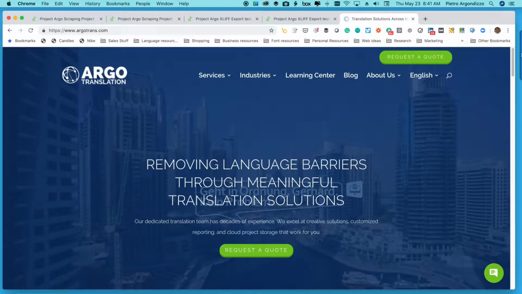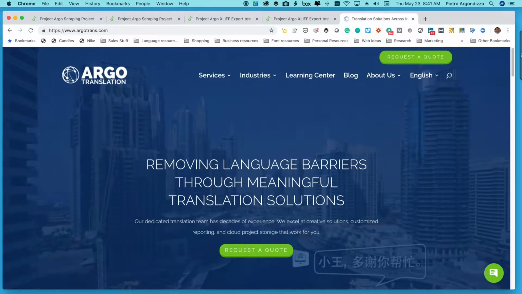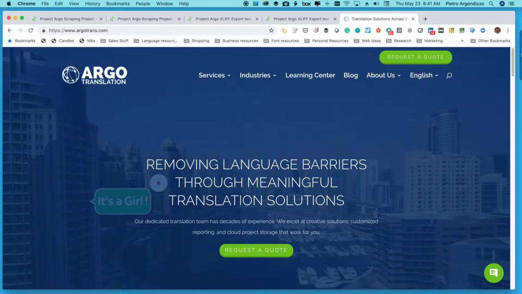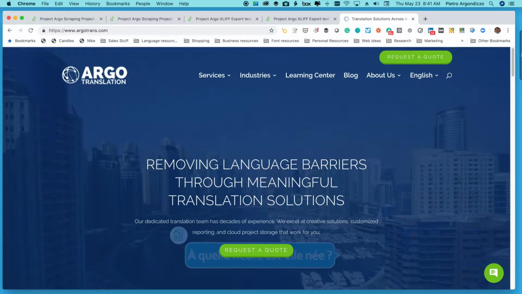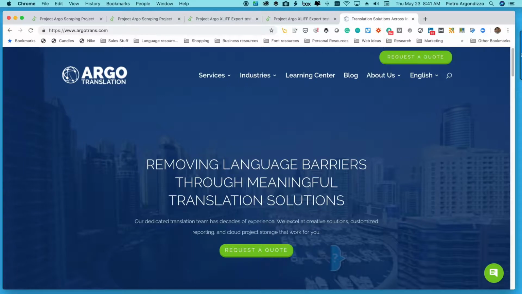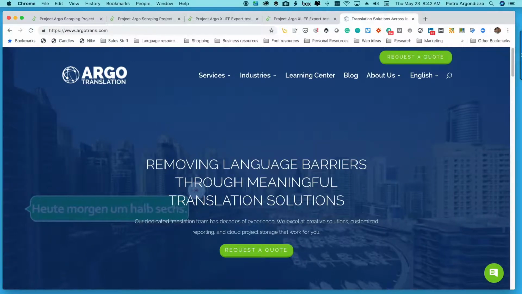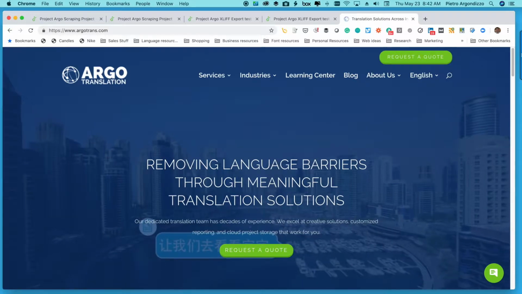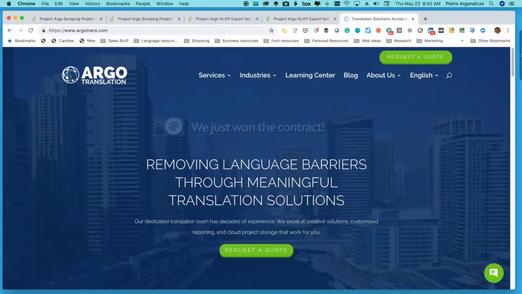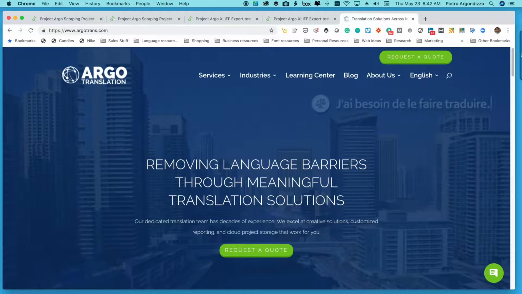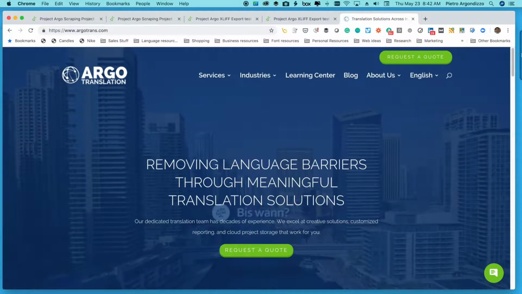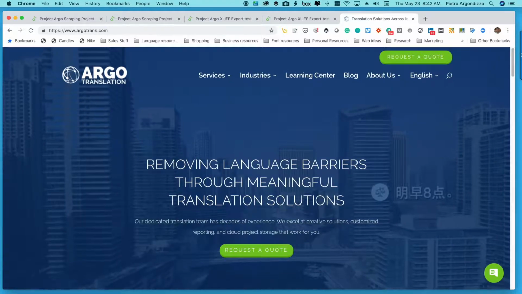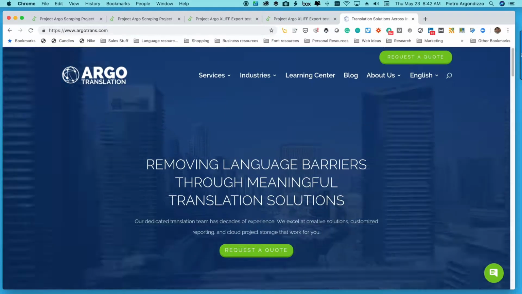This is a discussion and demo on why screen scraping or website scraping is a terrible way to acquire a translation quote for your website. All too often, clients will call in and request a quotation for their website and ask us to scrape their website. In other words, that means using a tool to go and download the code for a website. And I want to show you the reasons why this is a terrible idea.